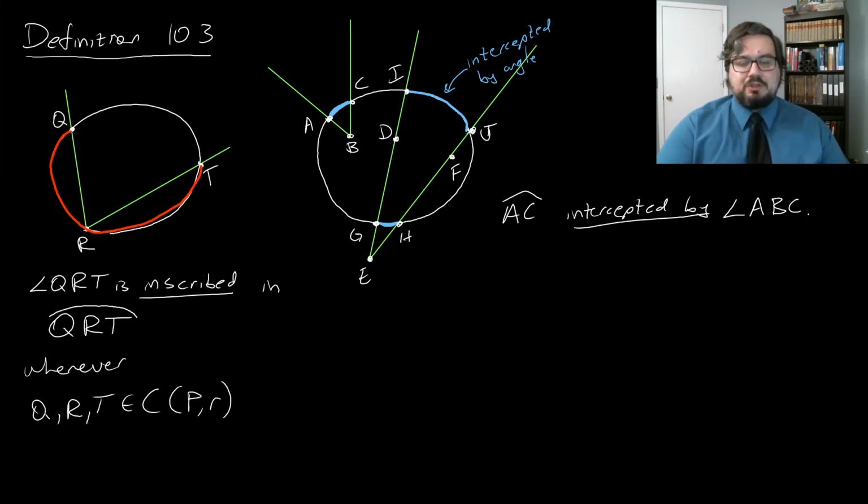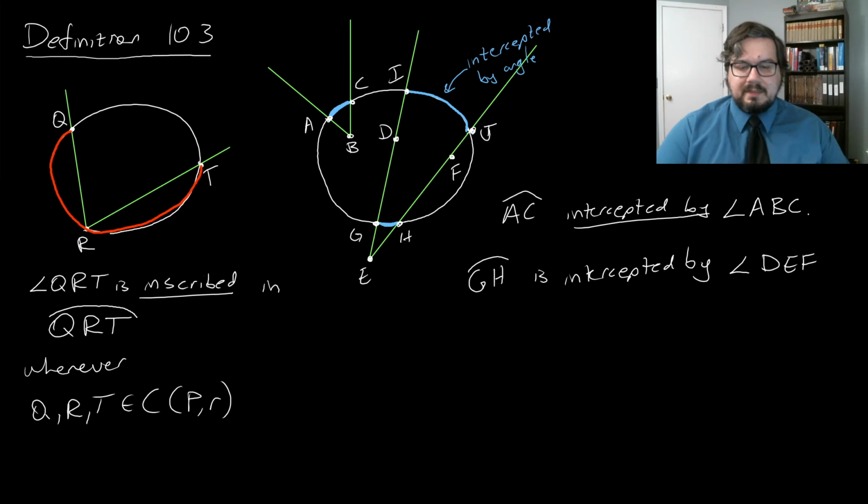And when the 2 points that you've noted are on the circle, then that's easy to describe. On the other hand, if we've got the angle DEF, that intercepts 2 arcs. So we will say that GH, the arc GH, is intercepted by the angle DEF